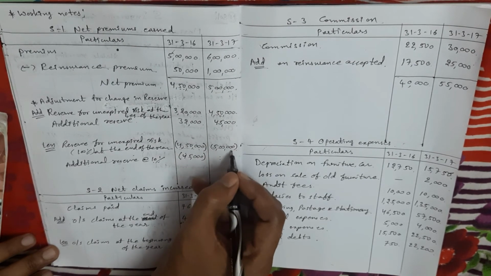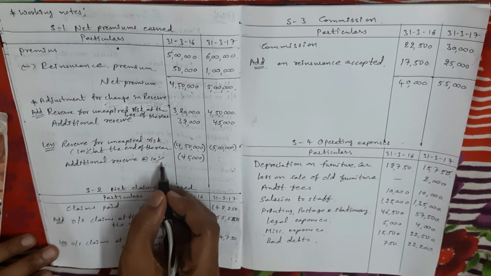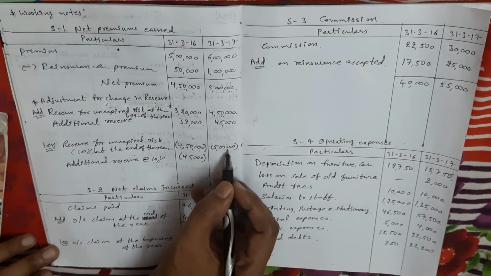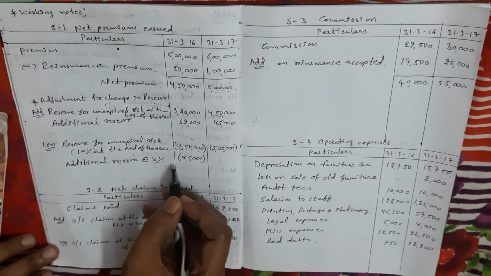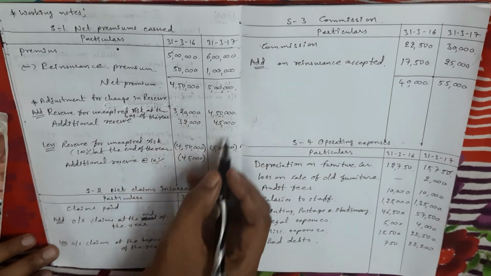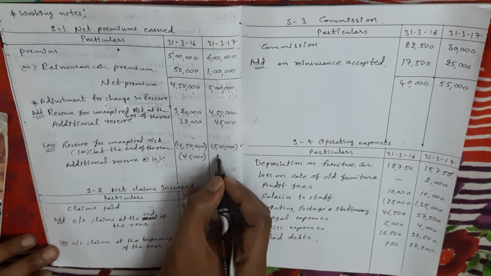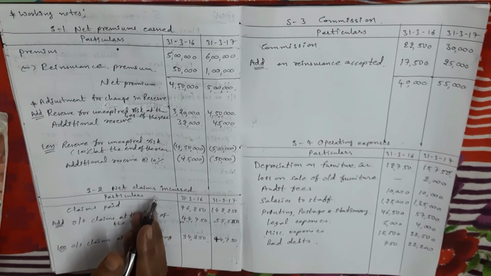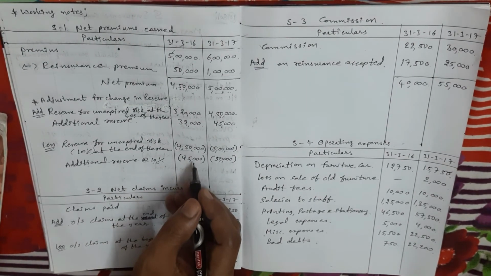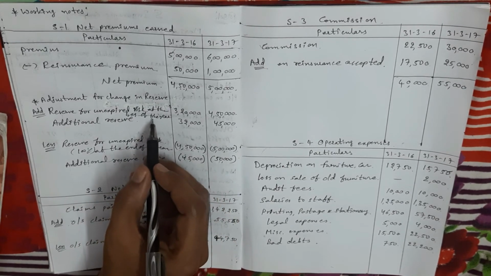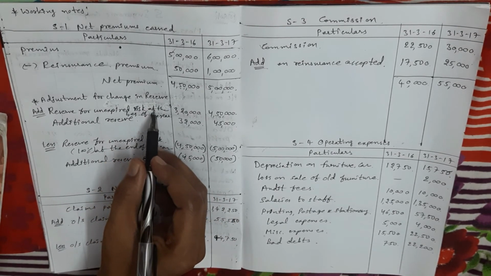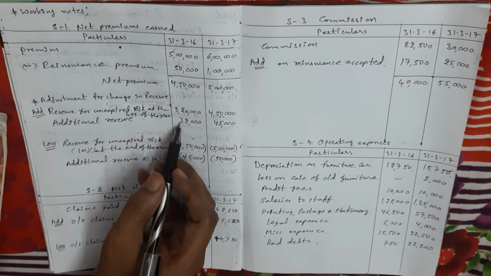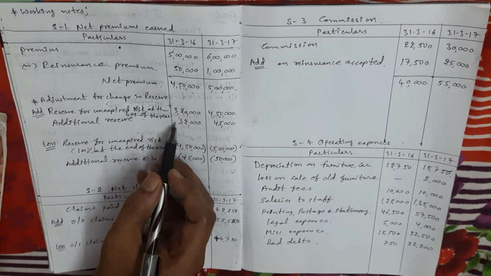In the bracket, we have to subtract. Next, additional reserve 10%. This additional reserve generally we calculate on unexpired closing amount, but in this problem the 10% additional reserve also we are calculating on net premium amounts, because it is clearly mentioned. So 5 lakhs into 10%, 50,000. Okay, see once again the question: they only gave reserve for unexpired risk at the beginning of the year and additional reserve at the beginning of the year of last year. So these amounts we have to add.